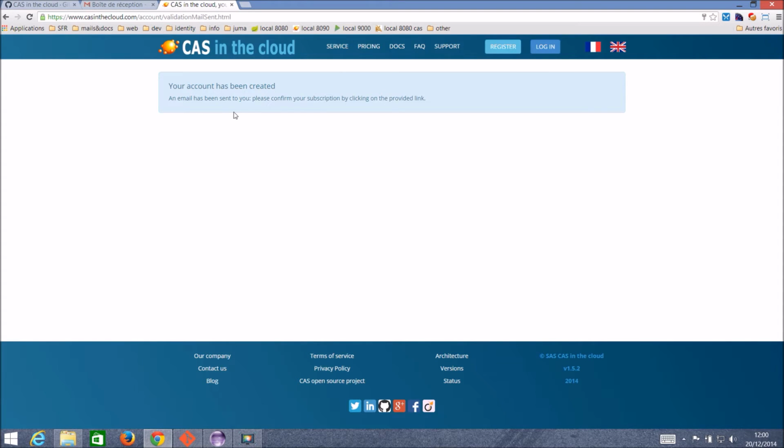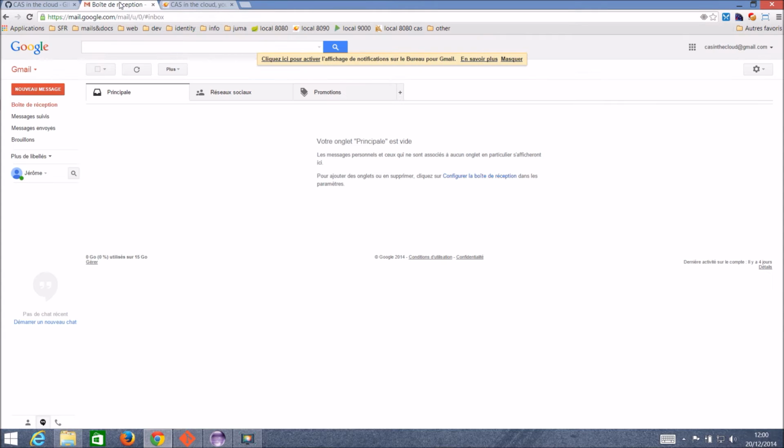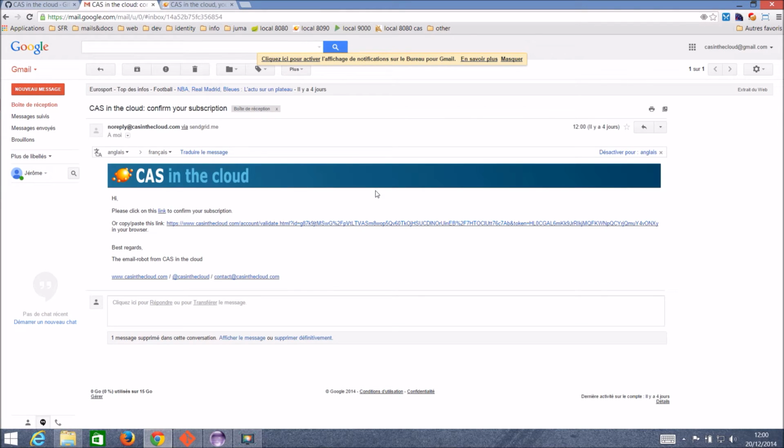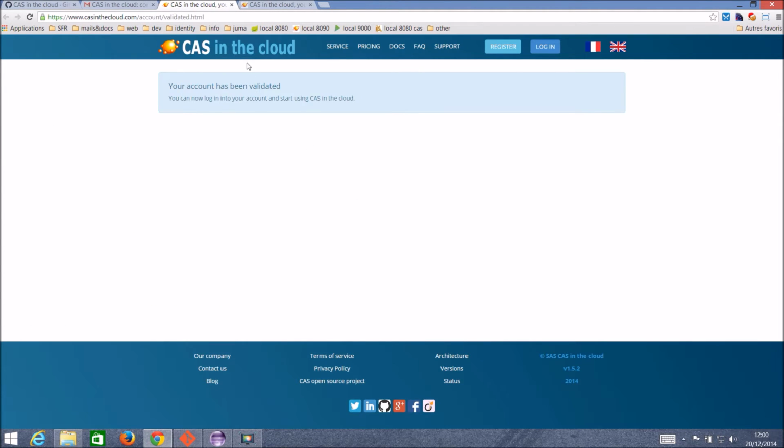For this account, we will receive an email to confirm our registration. It may take a little time. Here it is. In this email, we can click on the provided link to validate the account. As the account has been validated, we can now log in to CAS in the Cloud and manage our CAS servers. Click on the login button at the top right of the screen again,